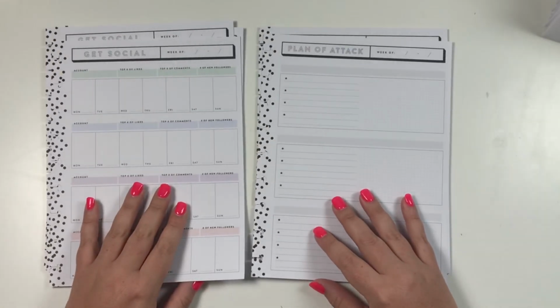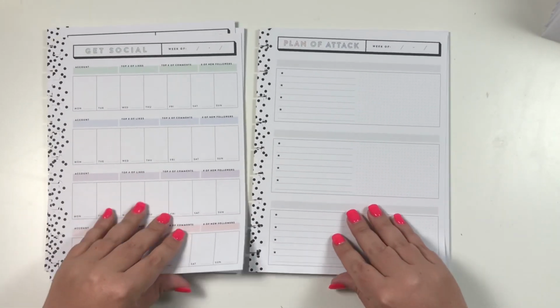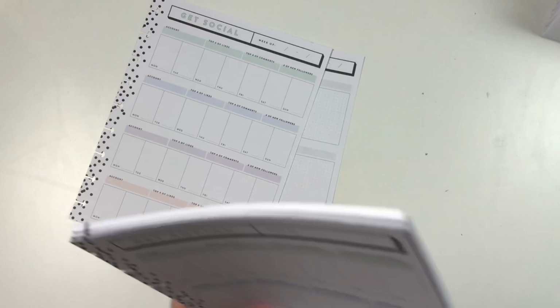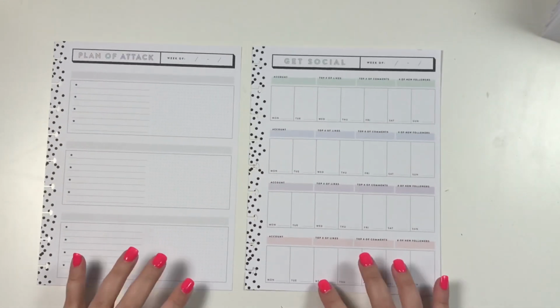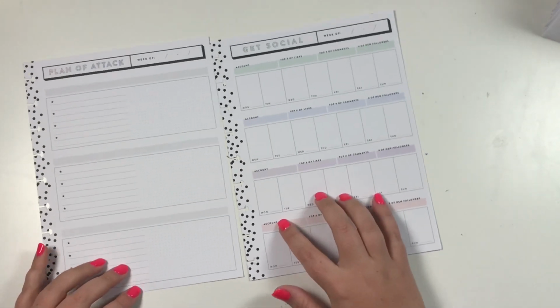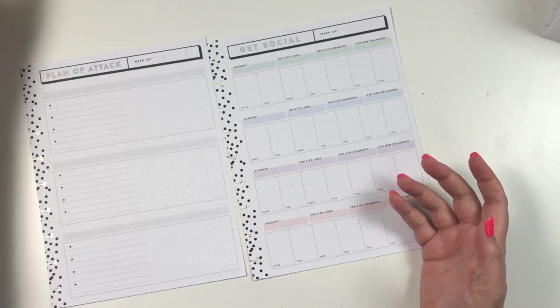So for next week, I'm going to try and use these. I'm going to take one of each of these for next week, and we're going to try setting it up, and then I'm just going to set these on the side, and we're going to see if I can make this work. There are a few things that I know I won't use, but there's a few things that I know I will use. So let's start